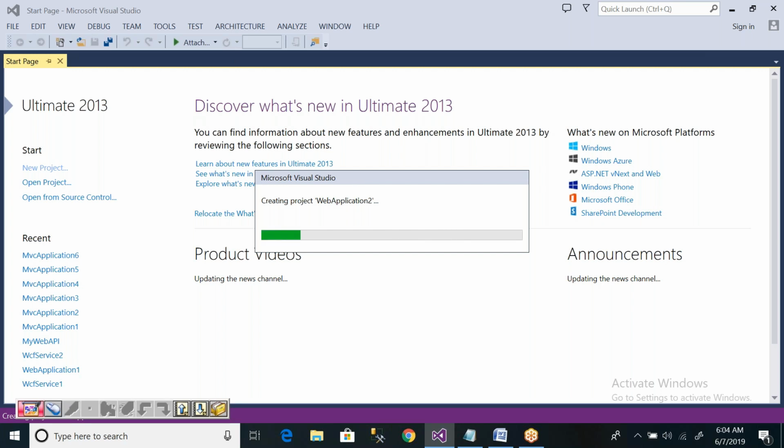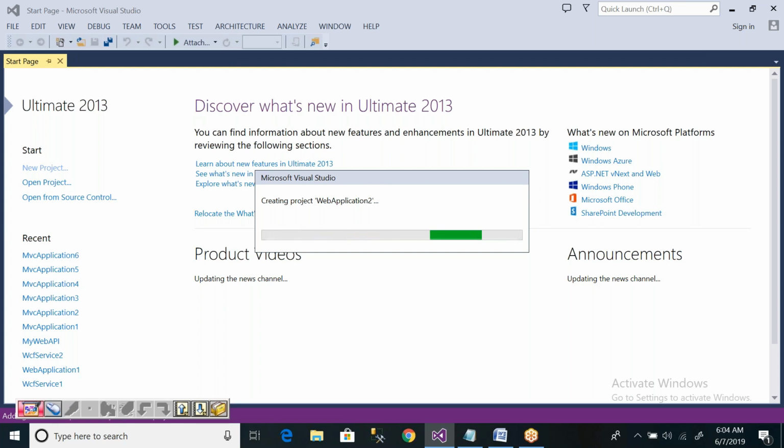For this application, I am going to add a new web page, let us assume named web form 1. After I create and run this application, I'm going to create an ASP.NET MVC application.